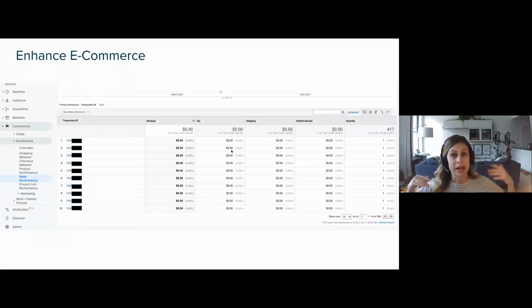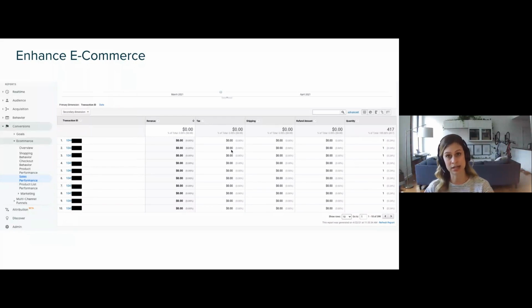So switching gears to a higher level again, we also turn on enhanced e-commerce functionality for all Bandwango clients. What this does is allow you to configure shopping behavior reports. For paid pass clients, this is really important. If you want to see where people are dropping off from that add to cart, checkout, purchase point, one of the coolest reports, in my opinion, is actually the sales performance report,